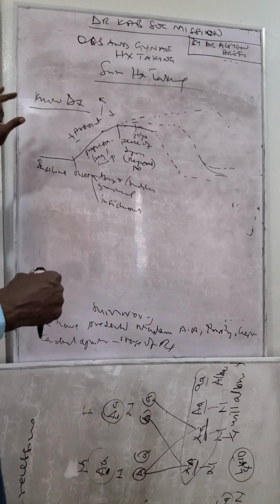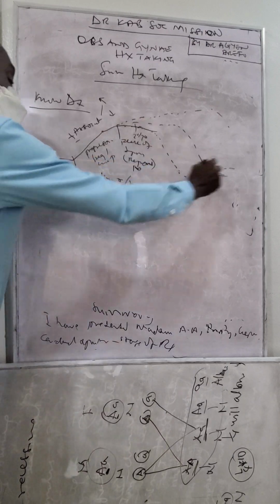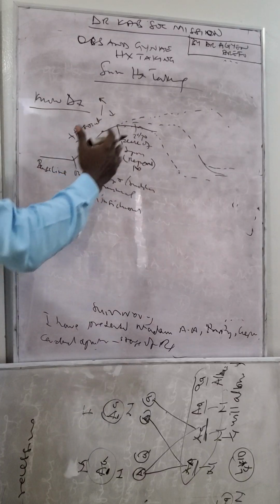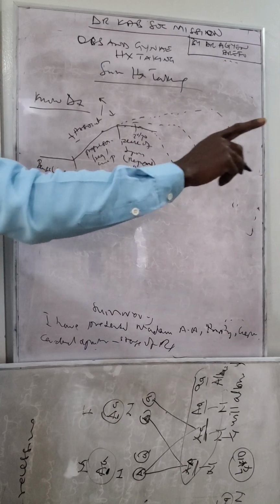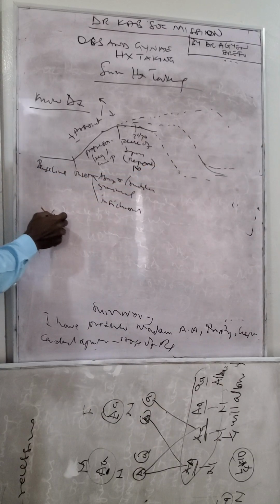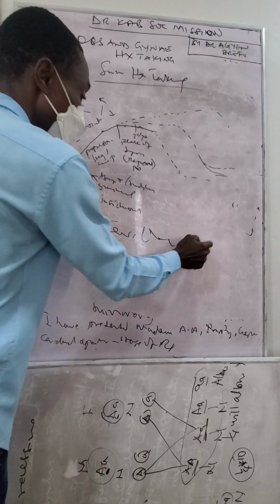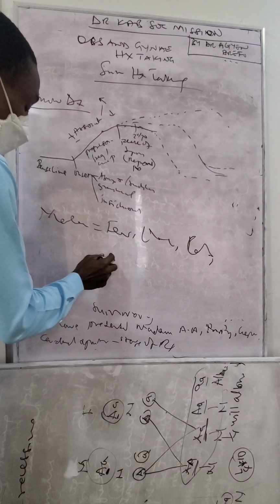Okay, so see that, like I've said, every condition will have the same history in terms of chronology. Okay, it will be similar. Okay, it will be close. You can't have a different history for malaria. What I mean is malaria history is the same. It's fever, chills, general body pains. So you cannot have malaria and say it is, let's say,